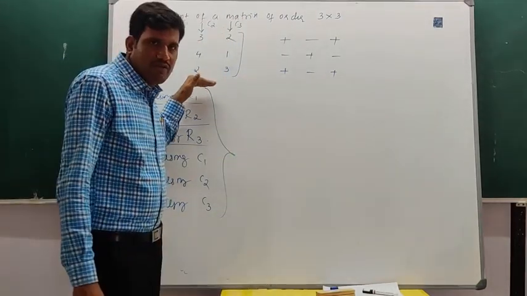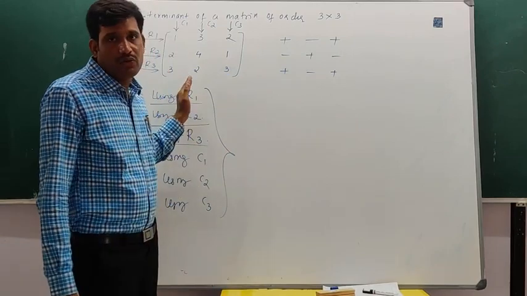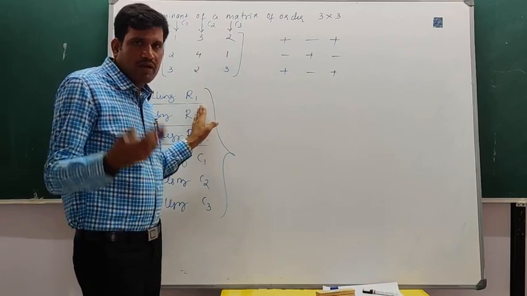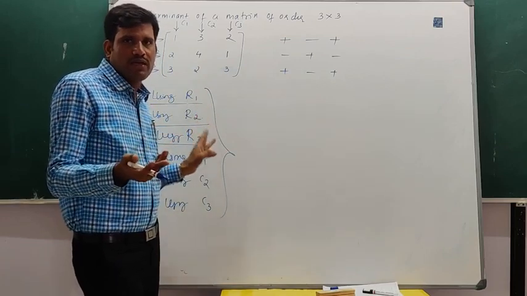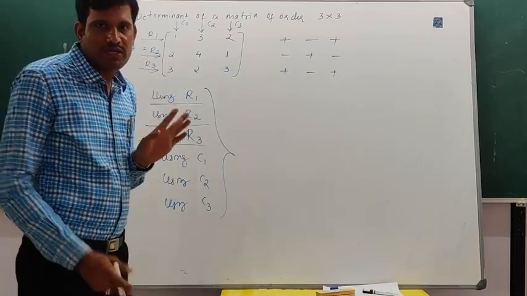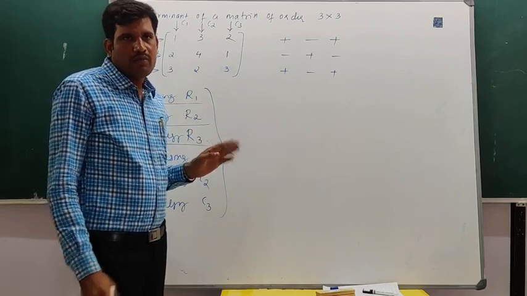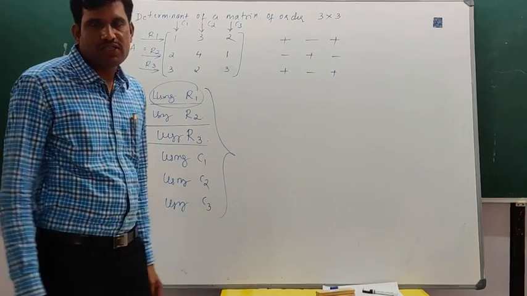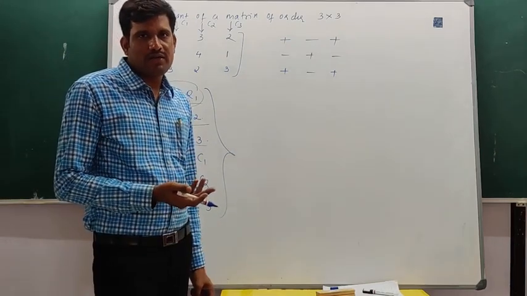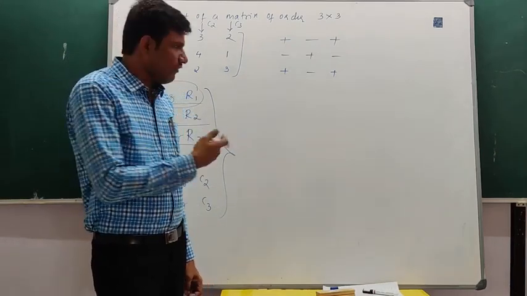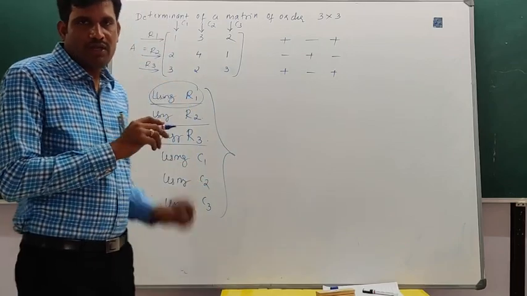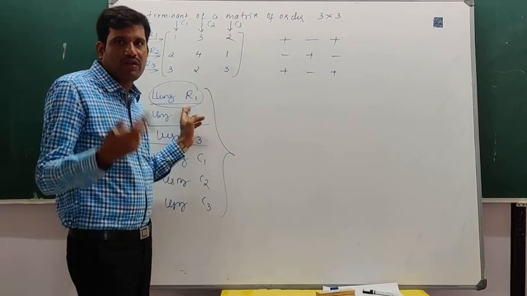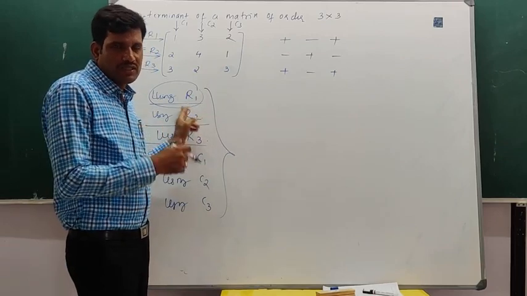That is the reason why I am expanding by using all the rows and all the columns. Right? But in problems, while expanding, we can expand by using R1, R2, R3, or C1, C2, C3. We can expand by taking any row or any column. But normally the convention is that we use R1, that is the first row, to expand any matrix. You may get confused by taking different rows or different columns, so normally we expand the matrix by using R1 in all the problems.